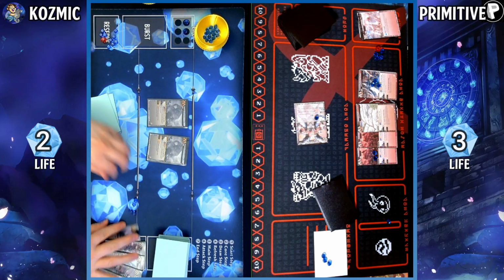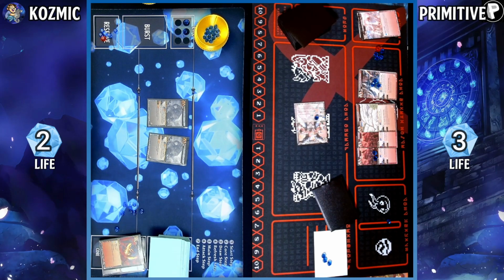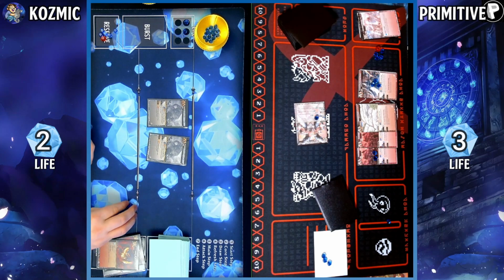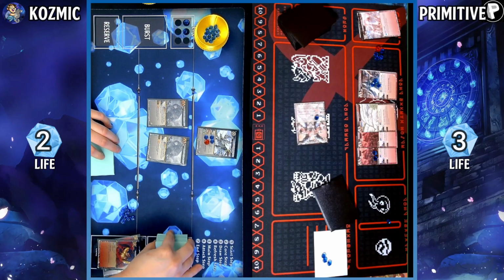Or sorry, have the Ice Shield, so it would have been pushed down to 1, but eventually we are going to run out of Ice Shields to protect us. So charge draw, trying to find an answer. So nice, we do it twice. And then we hit a not good enough